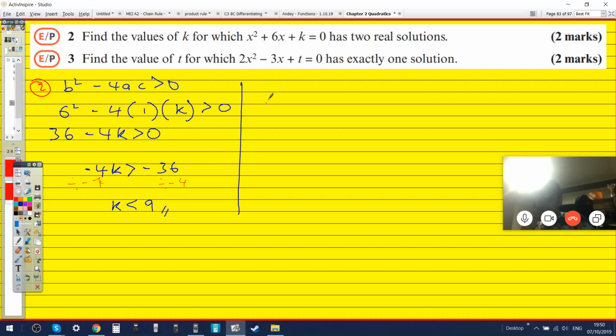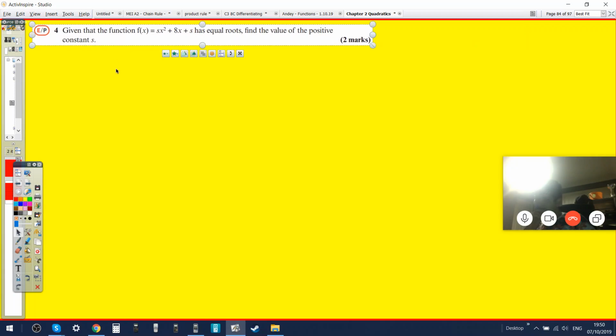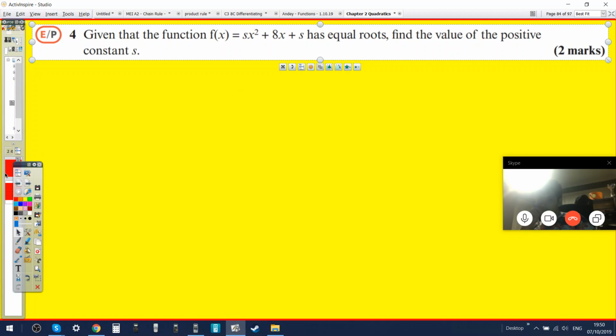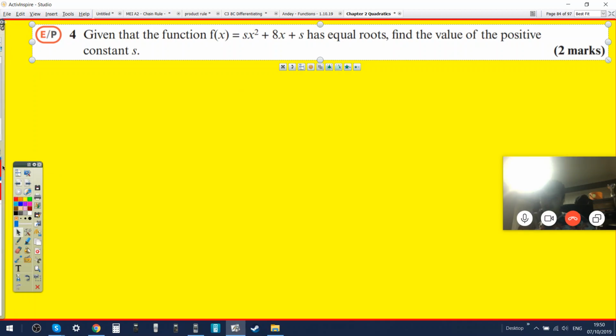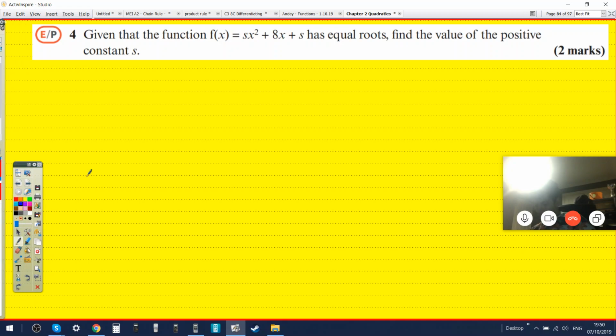Let's see. I think it'd be fine for 3. Yeah, let's do this one. So that means that b squared minus 4ac is equal to 0. And so, do I need to do 8 squared